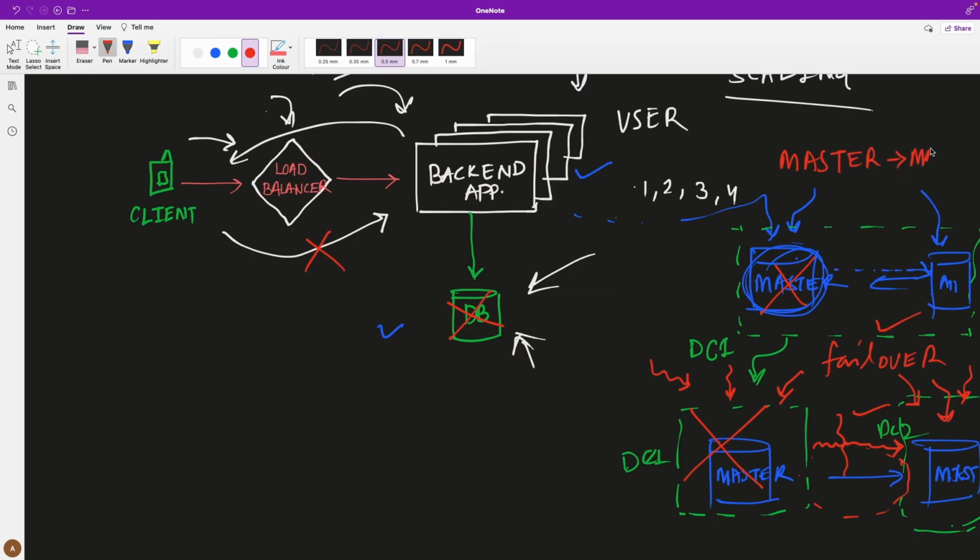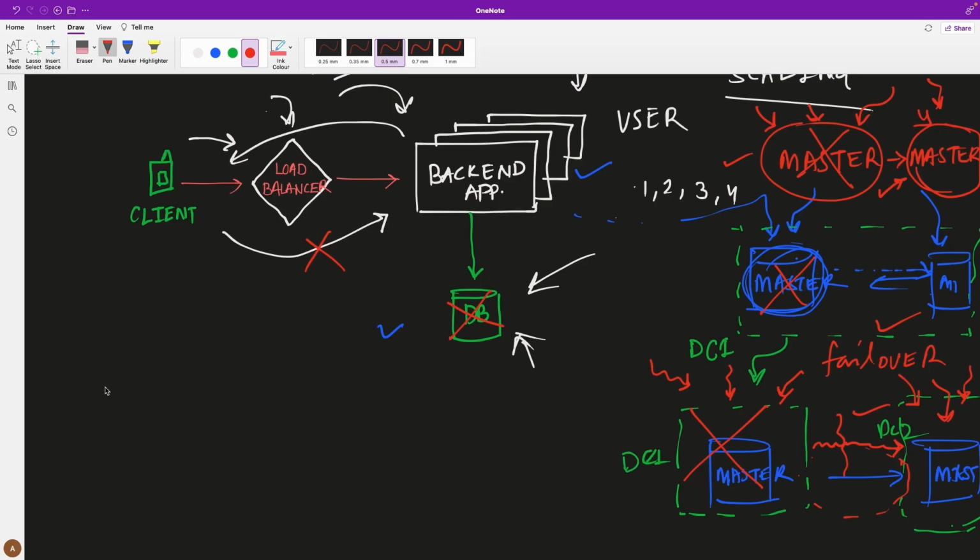So this was a master configuration, where one master node was taking all the operations from the application, and if this instance goes down, then the second master can take over and will take all the operations from the application. And once this node comes online again, it can start fetching the operations which were not replicated to it but have happened on the other node. So this is a master configuration.